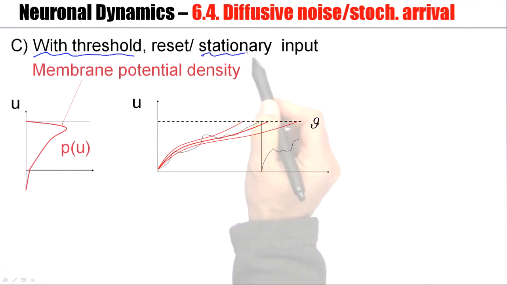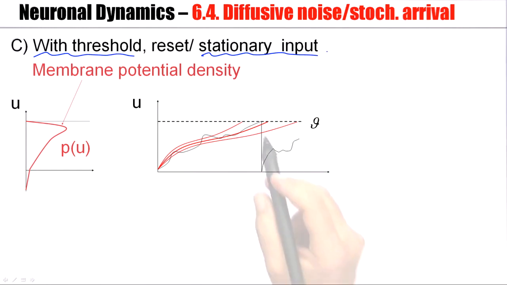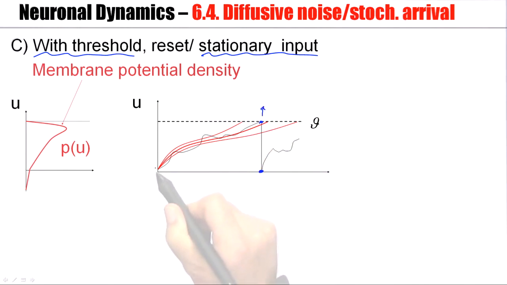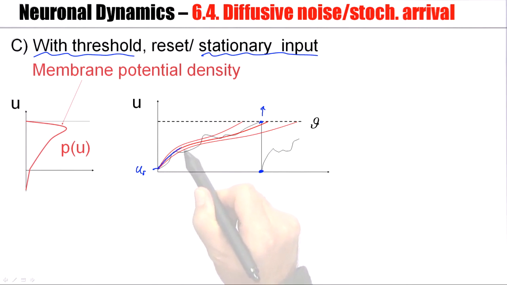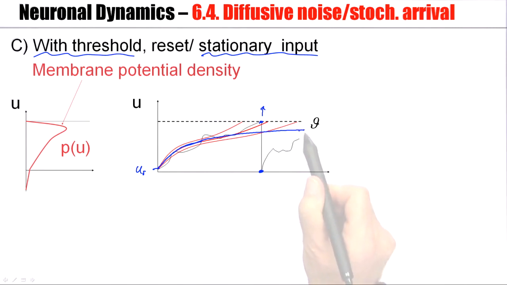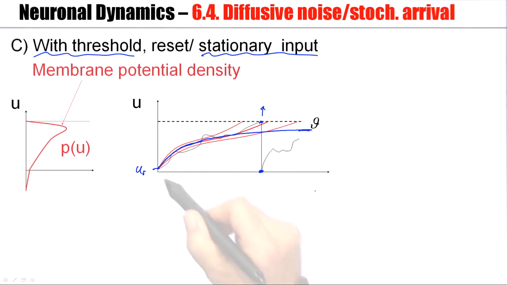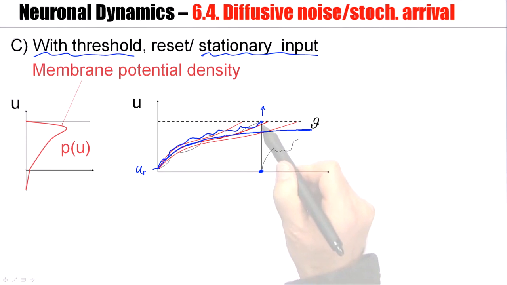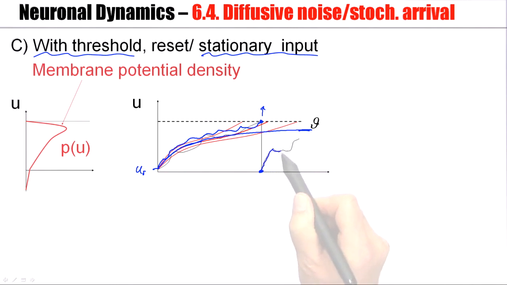We have stationary input. So the input itself is stationary. However, each time there is a spike, the membrane potential is reset to the reset value UR. And after the spike, integration starts again. So the mean trajectory, the reference trajectory itself, is time dependent. It will saturate at some fixed value. The actual trajectories are different. And they may reach the threshold at some moment in time before the reset occurs, and then the whole process